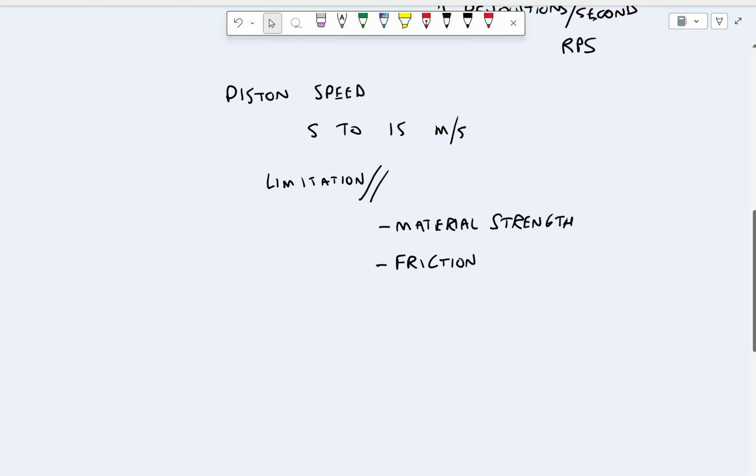Okay, so moving on from this, let's talk a little bit about bore and stroke and how they work. We'll introduce bore and stroke, and then we'll watch another video where we talk about the displacement of the engine and how we can use bore and stroke, and understand the positives and negatives of changing the bore and stroke. So this video will just introduce bore and stroke, and then we'll talk about how that relates to displacement. So bore and stroke